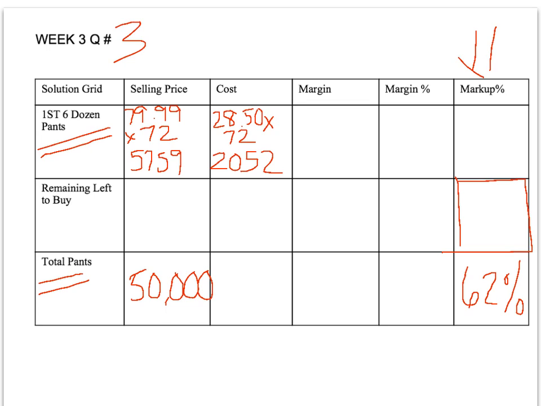So again, don't forget we're dealing in markup here. So let's start to fill in the remainder of the puzzle in order to get to our average markup on the remaining pants that are left to buy. If we have a markup of 62%, in order to figure out our margin, as I said to you, it's easiest to transfer your markup into a margin percent. So 62% divided by 162%, don't forget that's the formula, gives you a margin percentage of